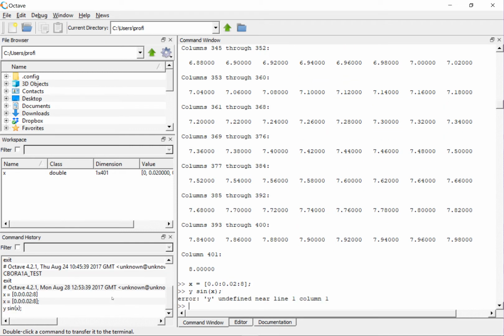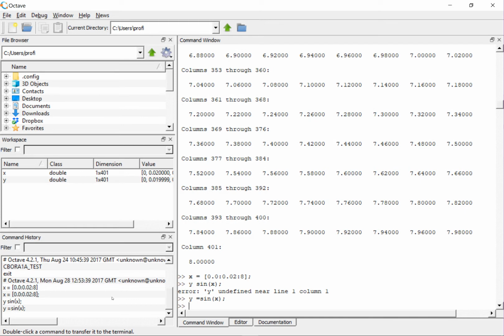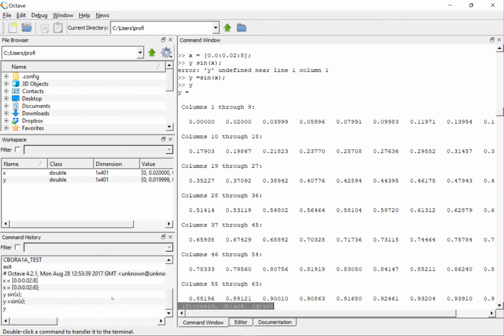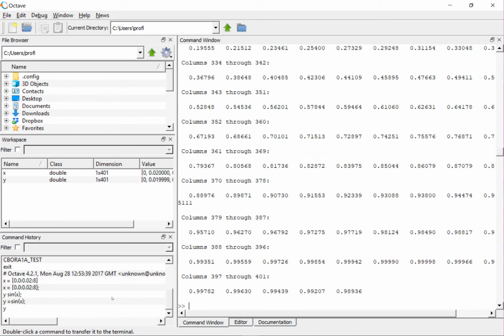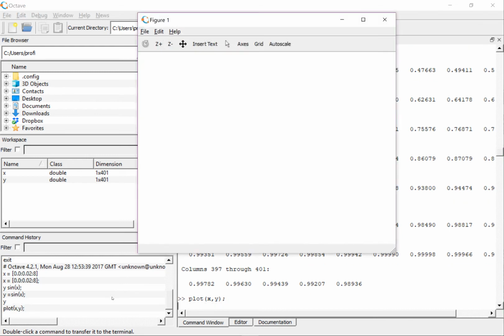I've got to put the equal sign in there. That's a function of my hand not working right. So now, if I type y in, you can see all the values of y. Or I could plot x comma y. And as I recall,